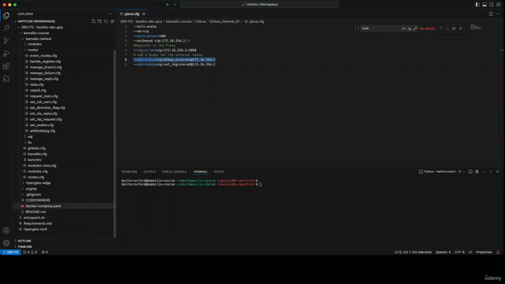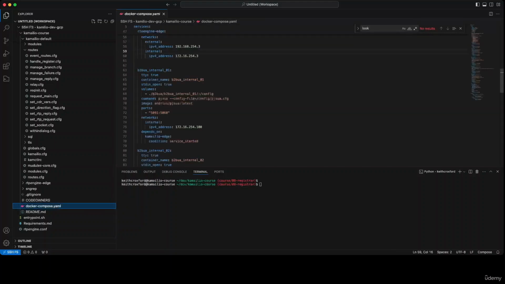And last but not least, we do also need to edit the Docker Compose file. So you need to find where the back-to-back UA internal 01 service is defined. We need to add a volume. So basically, we're just going to say in the back-to-back UA folder, back-to-back UA internal 01, we're going to map that to /config. And then we need to change the command to be pjsua --config-file